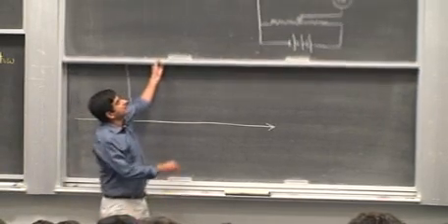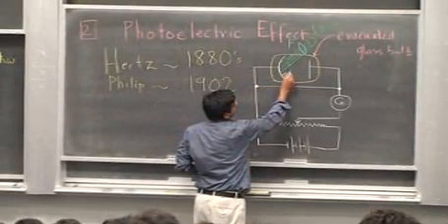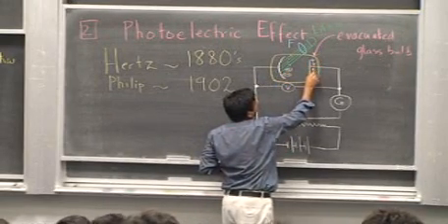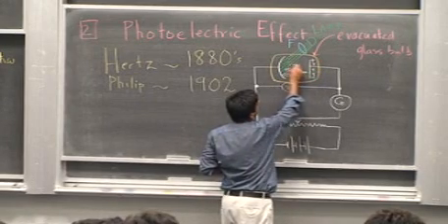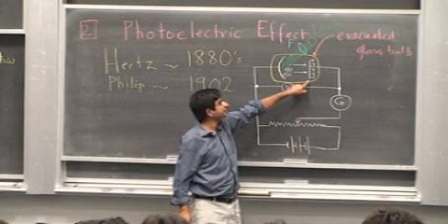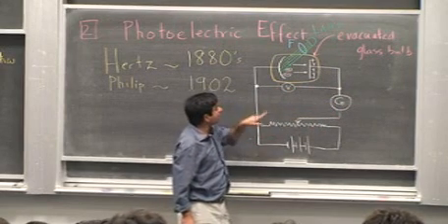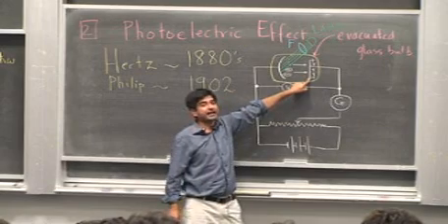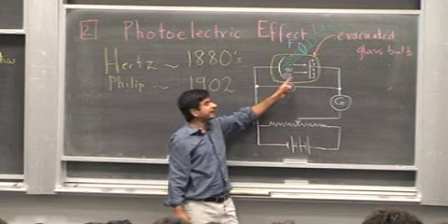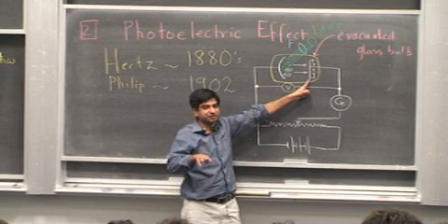Now it was well known that when light falls onto this metal, electrons are ejected from the surface of the metal, and if there is a positive potential on this plate, these electrons will be attracted towards the anode. They will be attracted towards this electrode and they will form a current. However, if this electrode were made negative, that is, the direction of this battery is reversed, then electrons will find it difficult to reach this electrode and the current will finally diminish.